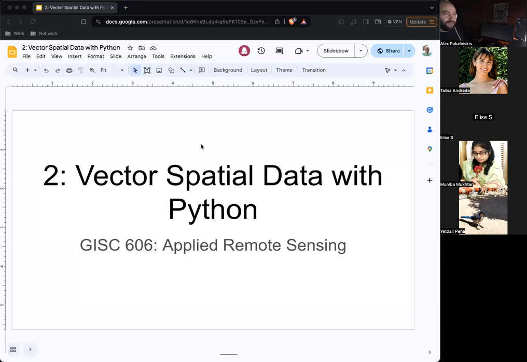Vector spatial data with Python. So fun. Sorry for the absolutely horrendous design. I am not a designer, graphic design is not my passion. Neither is making presentations. So I figured short and to the point without too much input is probably for the best of everyone in this situation.